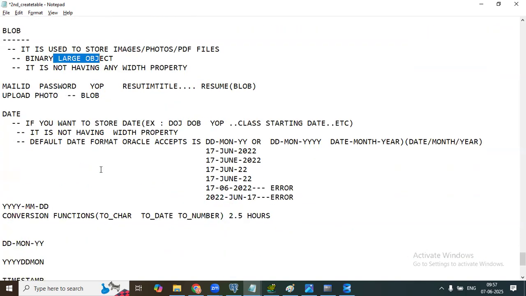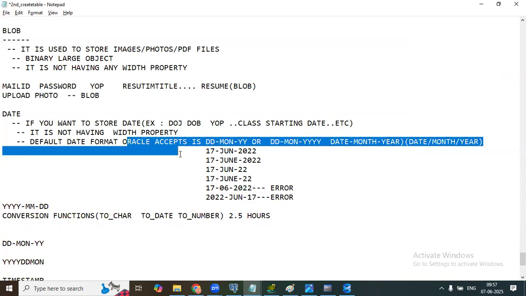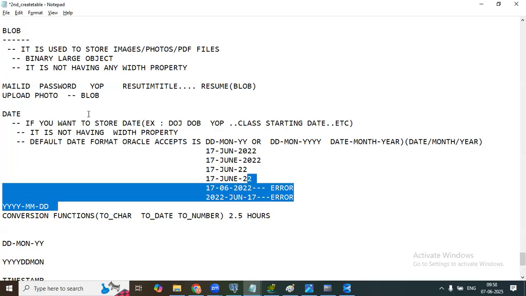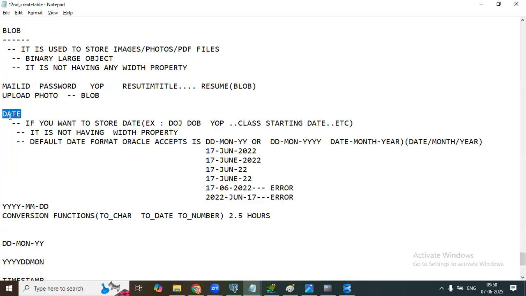No, Arjun, I wanted to store the dates. You have to go for the date type. My date of joining, my date of completion, my marriage date, my birth date, someone's death date, order date, purchase date, order delivery date, each and everything. If you want to store in the database, you should go for the date data type. In Oracle, it will accept the date, month, year format. If you go to SQL Server, it will be different: year, DD, some format it will accept. But in Oracle, it will accept this format by default.